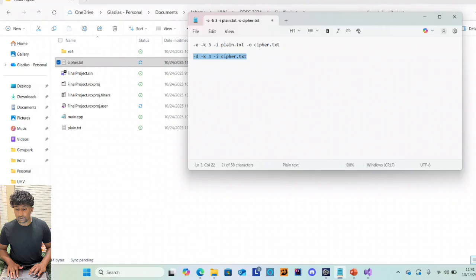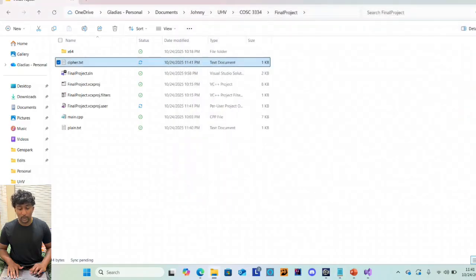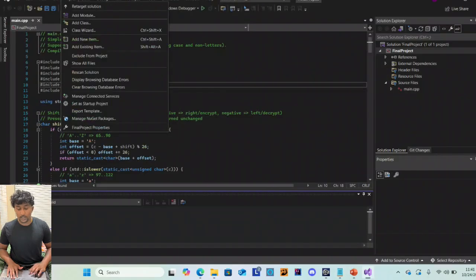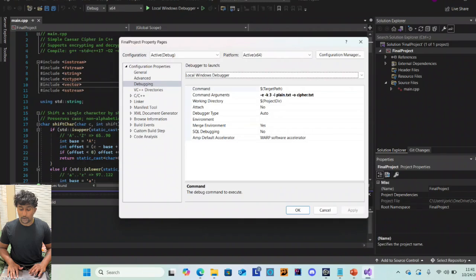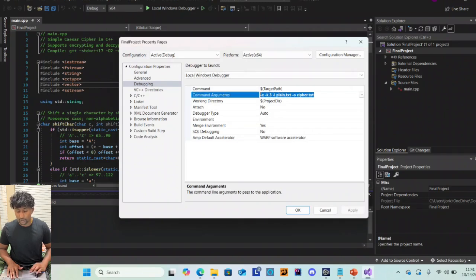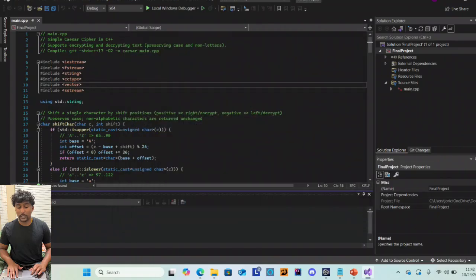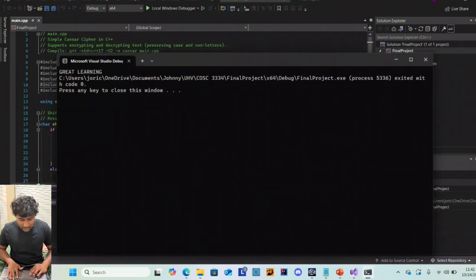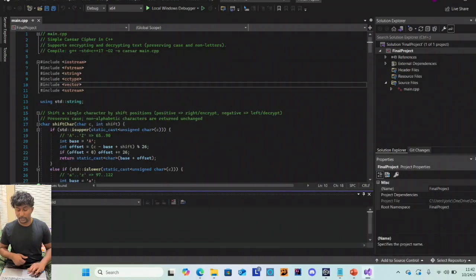We're going to do the same thing. We're going to come into our project properties. We're going to change our command argument to our decryption command. We're going to apply it, press OK, and we are going to run without debugging. And as you can see, beautifully, it decrypted our text from our cipher file, and we got "great learning." Beautiful. So coming back to our presentation,